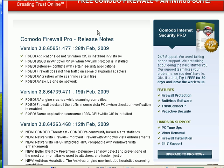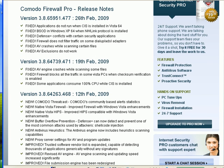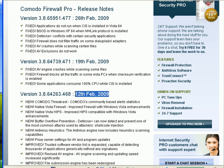remove-malware.com, and tonight I'm going to go ahead and start working on my Comodo Internet Security review. That would be for version 3.8.65951.477. Just released the other day, the 26th. Comodo has made plenty of changes since version 3.8 came out on the 12th. They've made a lot of big fixes, so it kind of leaves me wondering what other big fixes are left out there. But a lot of the issues I had when I first tested Comodo on the 12th have been